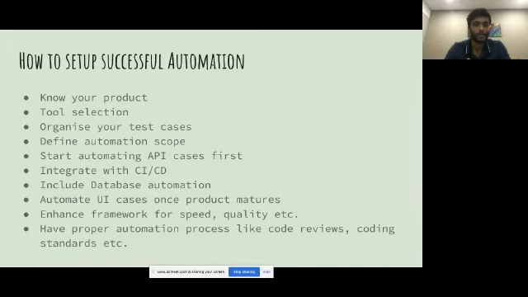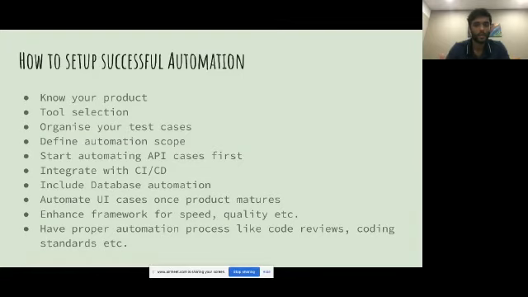And then comes my favorite: I would highly recommend starting with your API cases, start automating API cases. That gives you a lot of freedom. Actually, that gives you a lot of insight about your product.